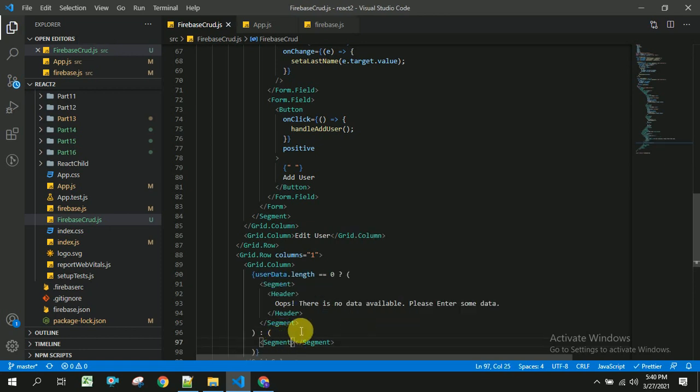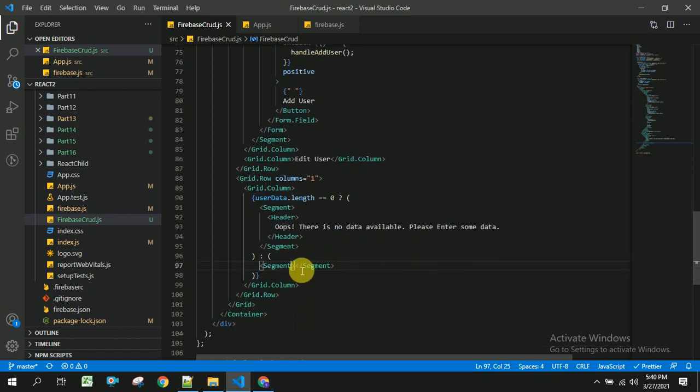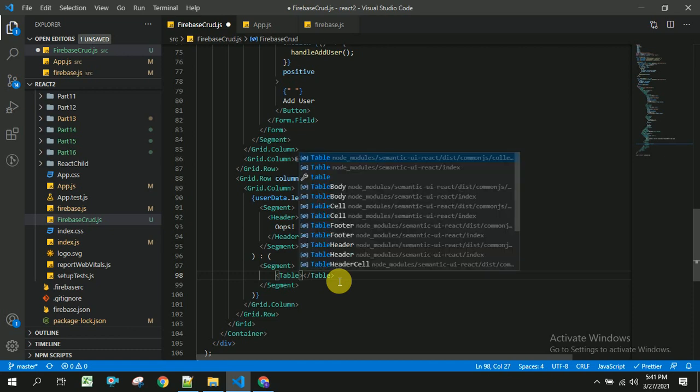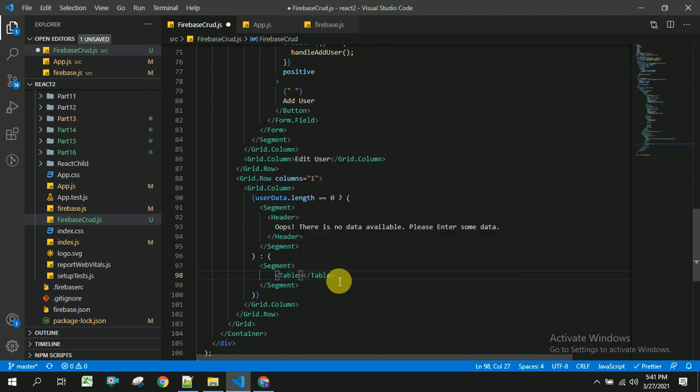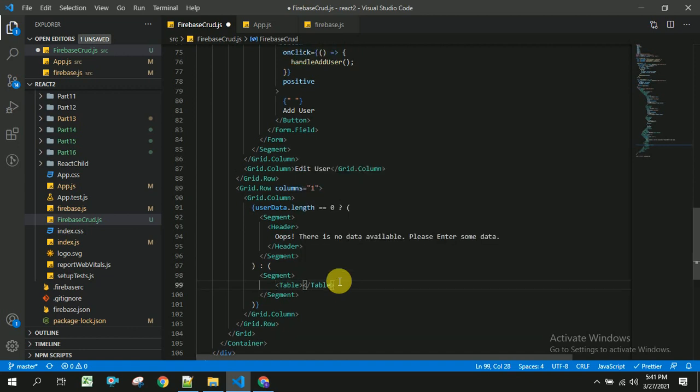So inside this segment, I am going to show the data in a table. For this, I am going to import table from Semantic UI React, and inside this table we will be having headers and body.